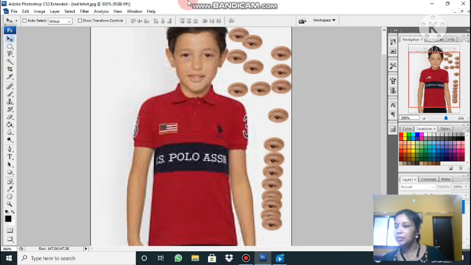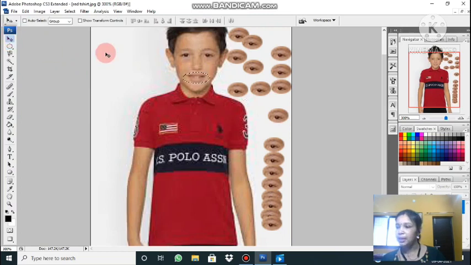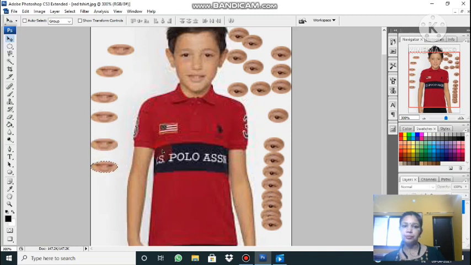Start from the beginning. One of the steps was missed, I suppose. Elliptical marquee, select it, click on the move tool. This sign will appear. Then press the Alt key on the keyboard. While holding it down, click on the selection and move the mouse. Yeah, I was leaving the Alt key. Then keep on dragging. Clear to all of you? So this was activity 2, duplicating a part of the image by simple selection.